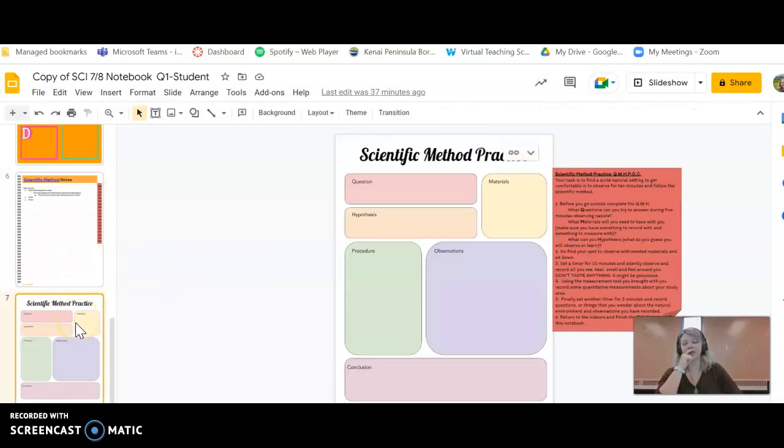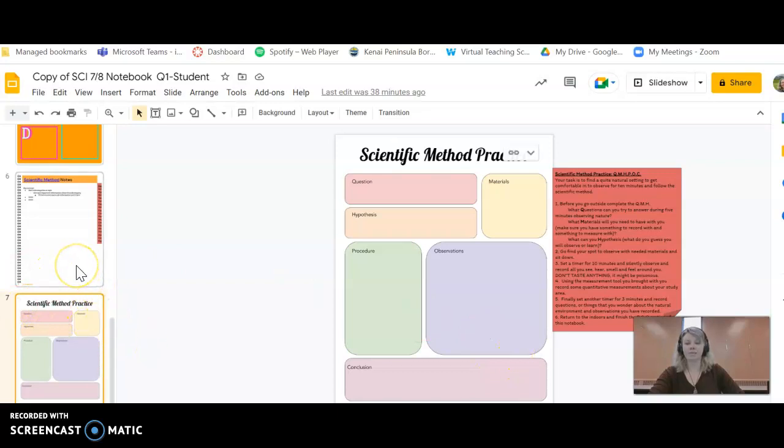And the final thing that you're going to do this week, and something you're going to do most weeks, but not every week, is this at-home scientific method practice. You can think of it kind of like a lab, but it's all things that you can do just in your own space with just resources that you'll have at home. This one is a very short one. It's just a practice of the scientific method by observing nature. So make sure you read all the directions here and fill out all of the boxes